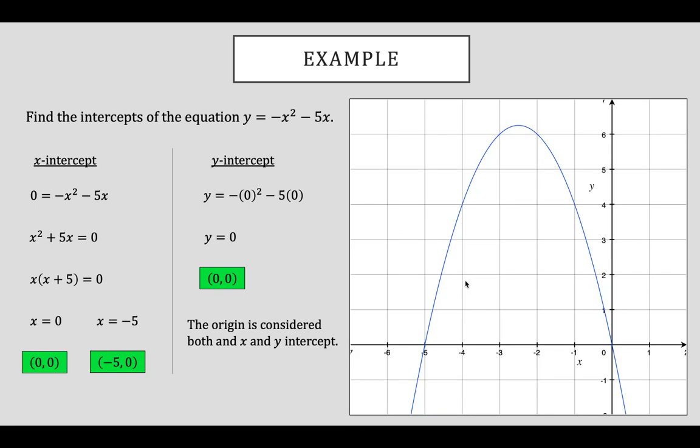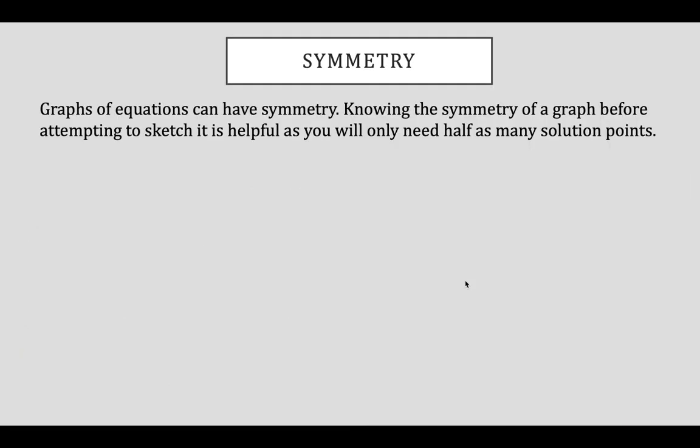And graphically, we can check our work using a calculator. We graph the function, and notice we have our x-intercepts at (negative 5, 0) and (0, 0), and our y-intercept at the